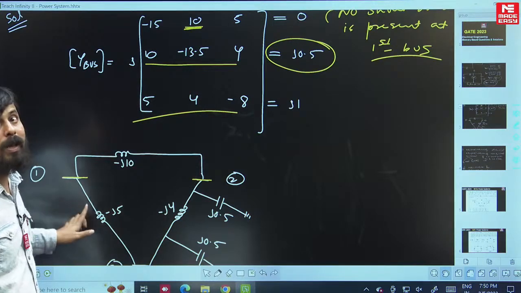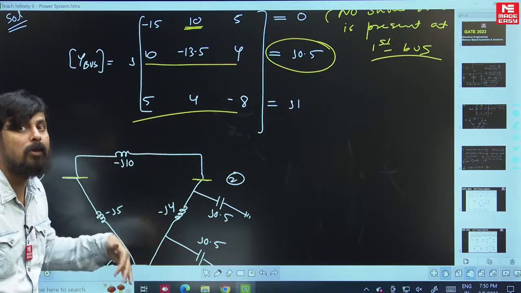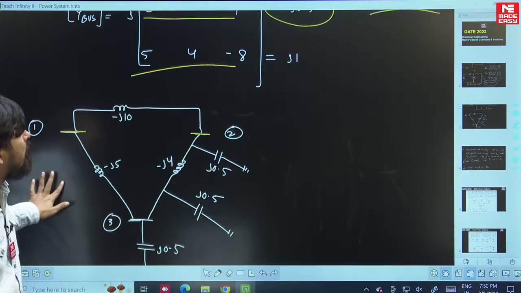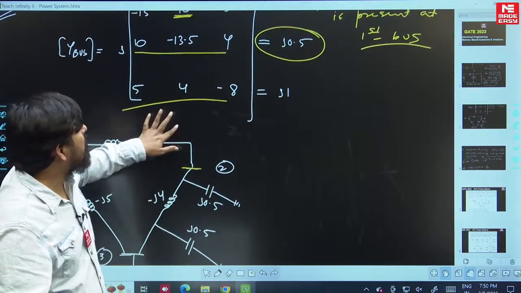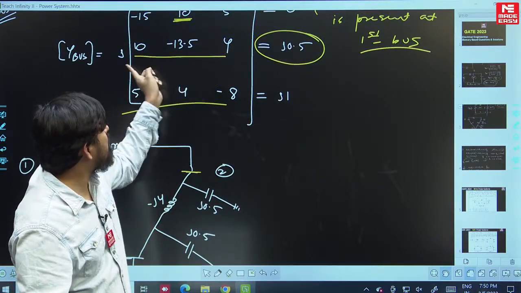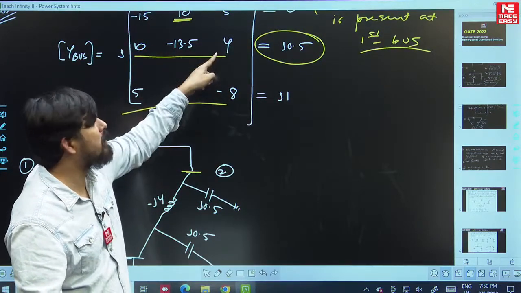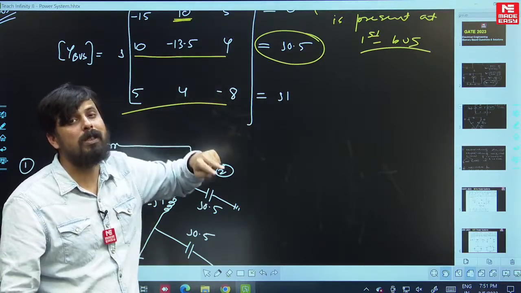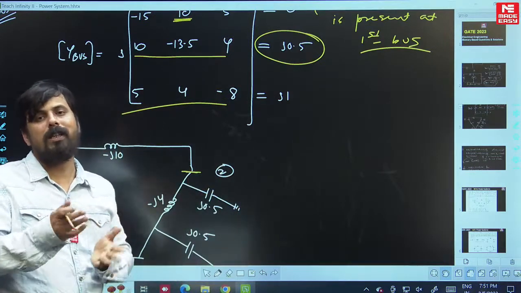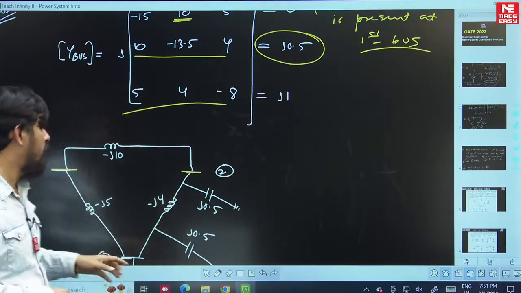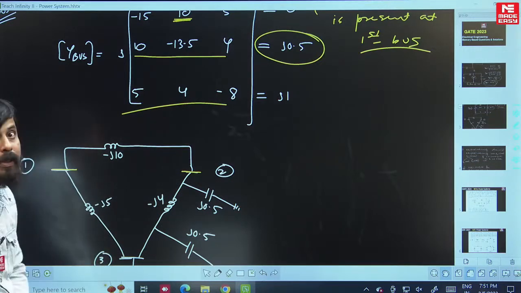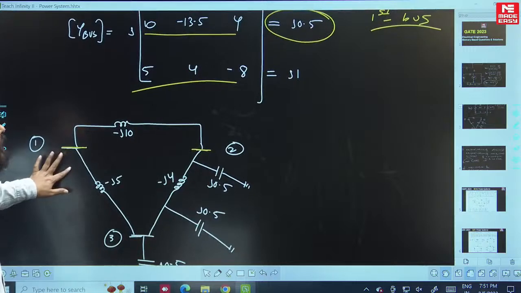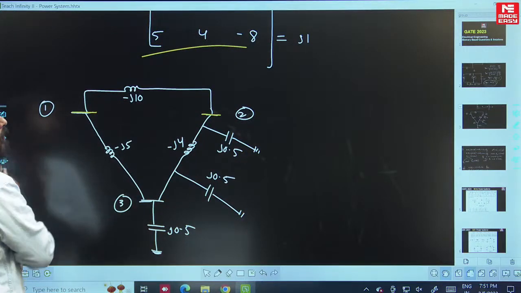अच्छा, Y12 से हमको मिल गया -J10, Y13 J5 है, यानी 1 और 3 के बीच में एडमिटेंस -J5 हो, तभी तो Y13 J5 आएगा। तो 1 और 3 के बीच में एडमिटेंस -J5 होगी। अच्छा, उसके बाद ये जो 2-3 है Y23, सेकेंड रो थर्ड, Y23 J4 है, J सबमें है, J बाहर लिख दिया मैंने, तो Y23 J4 है, यानी 2 और 3 के बीच में जो एडमिटेंस है वो -J4, तो 2 और 3 के बीच में एडमिटेंस -J4 होगी।